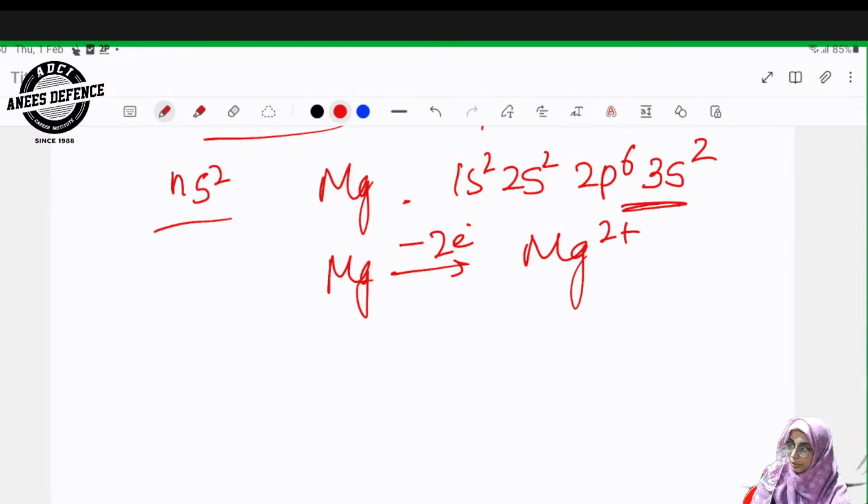These are the properties of the S block elements. In the S block we have two groups, group 1 and group 2, ns1 and ns2, alkali metals and alkaline earth metals. Both groups come under the S block elements. The elements are soft, flexible, and good conductors of heat and electricity. Why good conductors? Because they easily form ions, and ions carry the charge, the current. So they are good conductors of electricity.